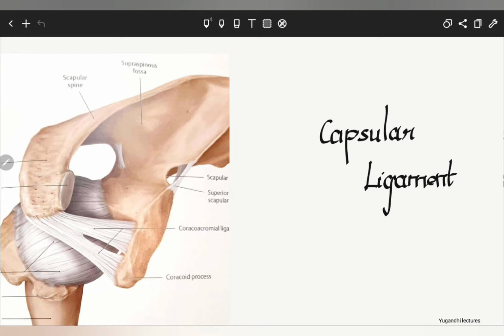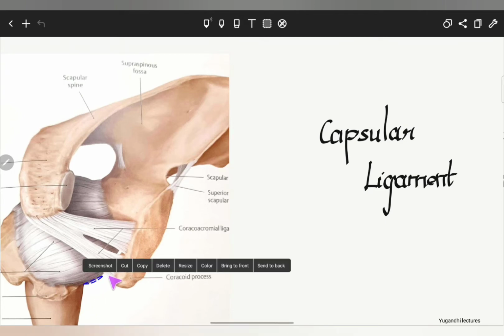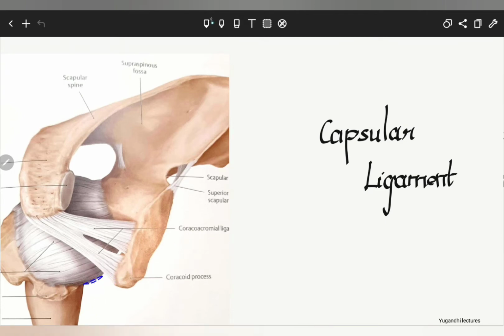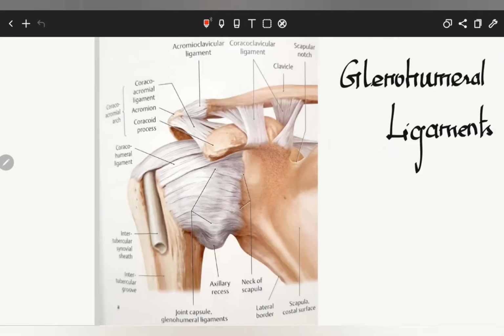Before looking into its attachment, I would like to discuss an important thing. So the capsular ligament is least supported inferiorly. That is, it is not supported by any other structures, or no other structures cover the capsular ligament inferiorly, right? And of course there is a recess inferiorly, that is nothing but the extension of the capsular ligament. I'll show that in a picture.